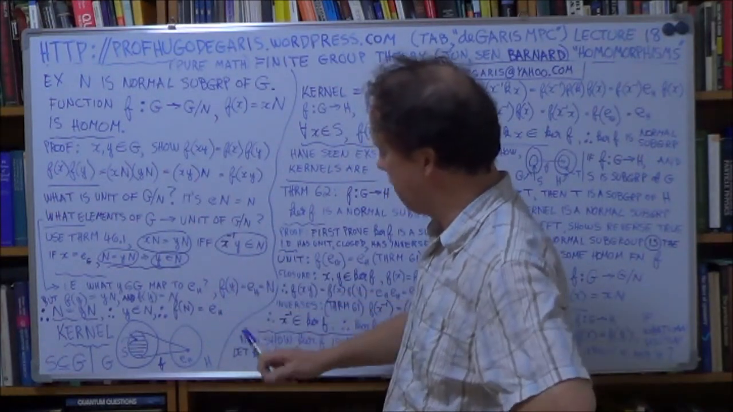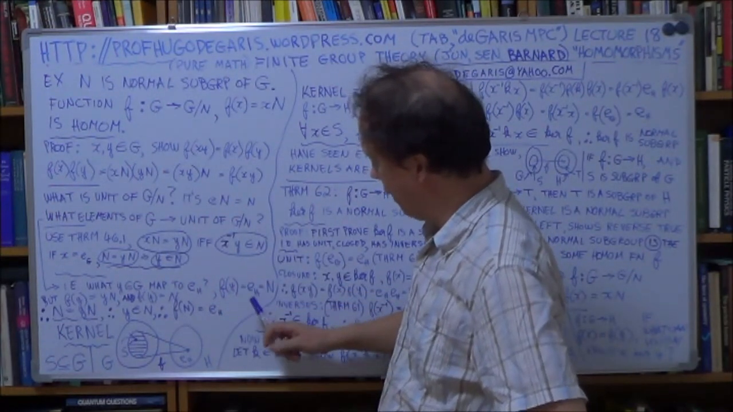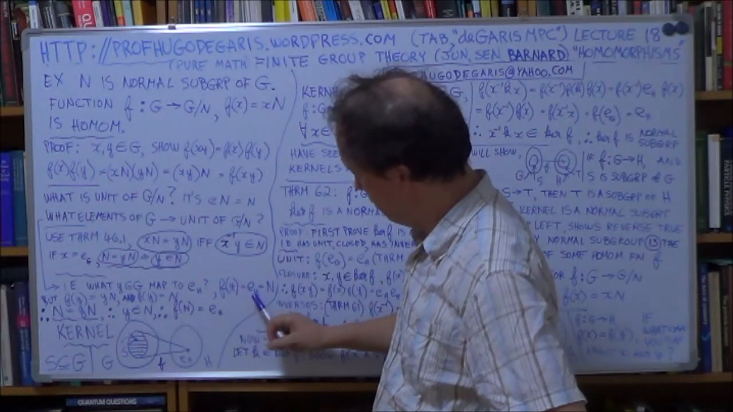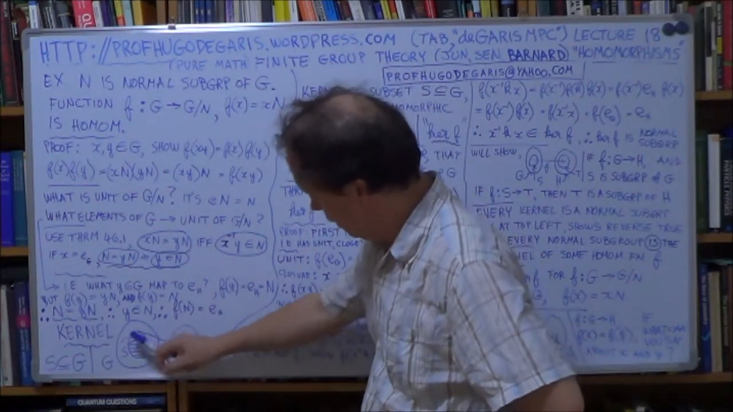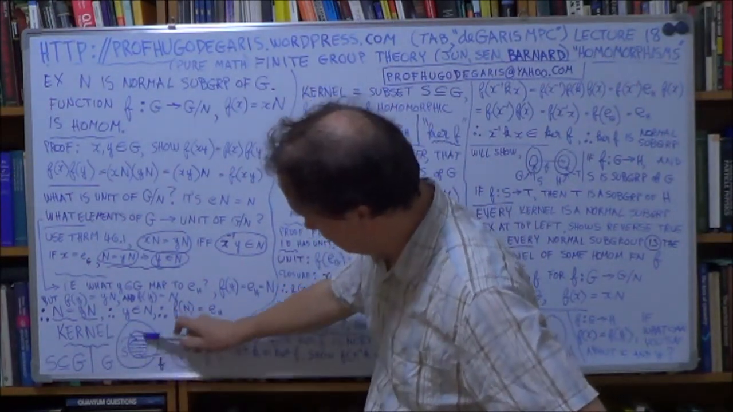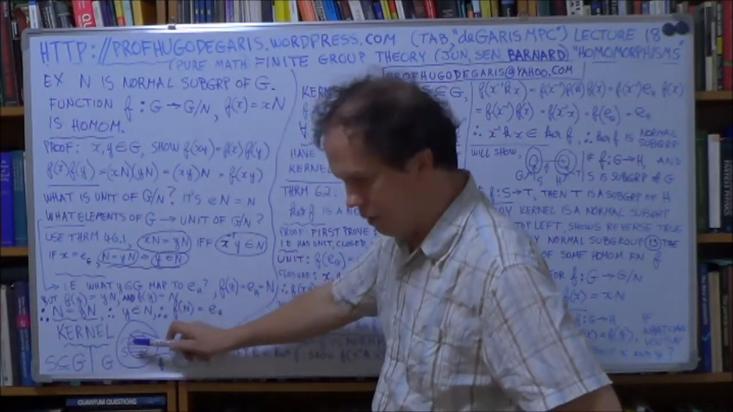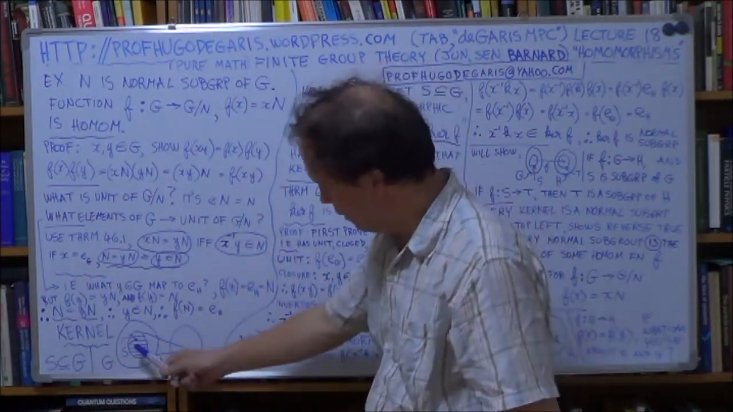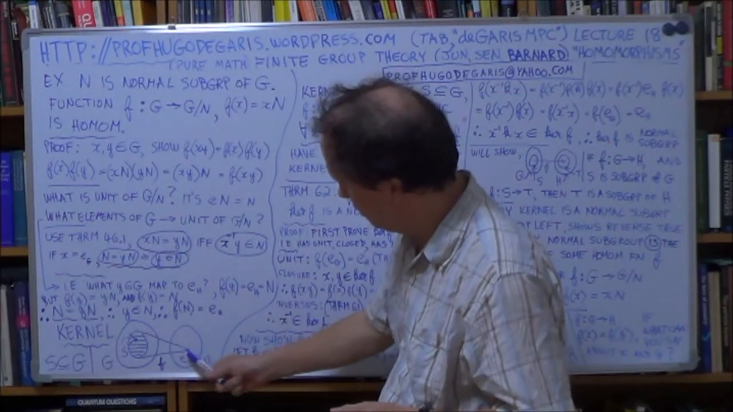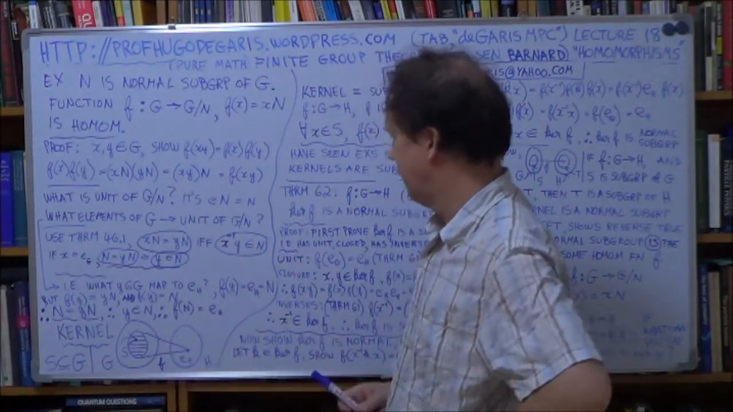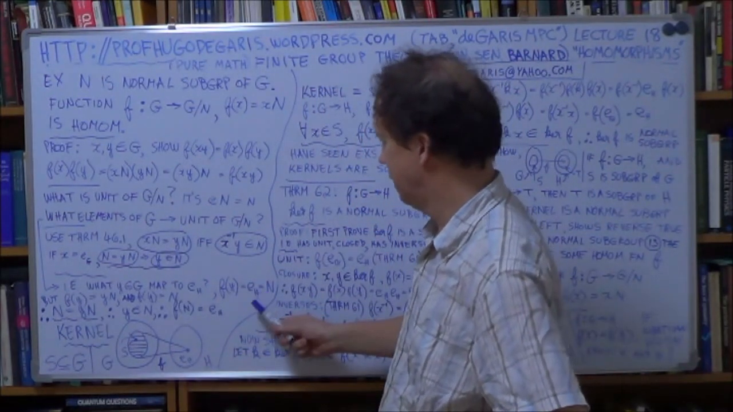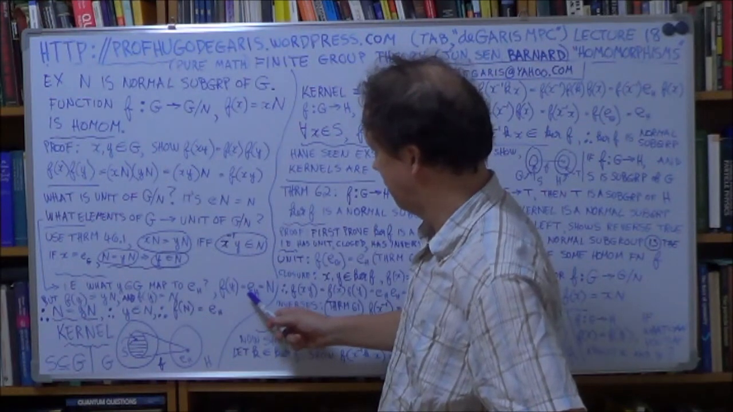Now, by definition, we want to know the y's that map to the unit. So let this subset S here be all those elements, all the y's that map to here. Okay? Now we're talking about